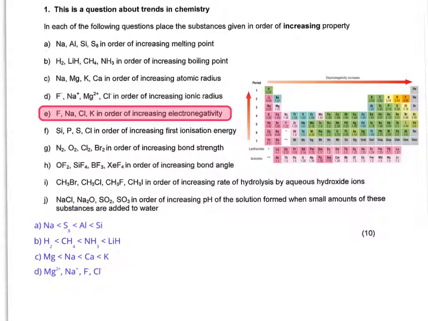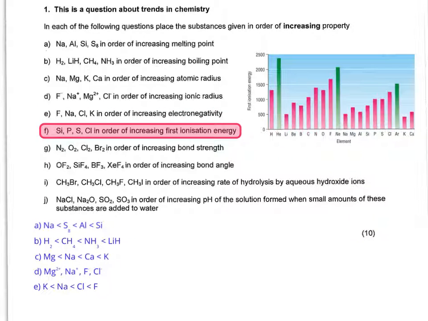Okay. So the next one here wants us to consider increasing electronegativity. And using the electronegativity trends you can remember from your basic A-level chemistry in your first year, this one's quite straightforward. So if we now go down to part F, this one's quite straightforward between silicon and chlorine, because you can clearly highlight that they are more or less in